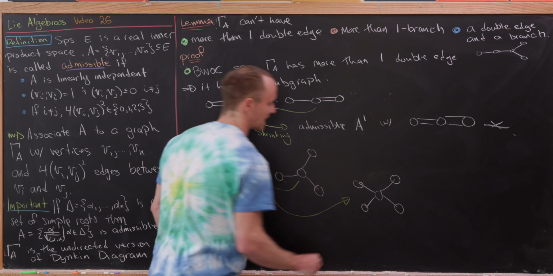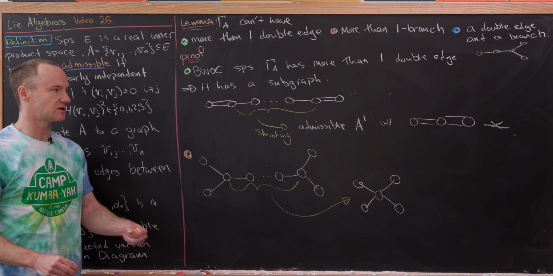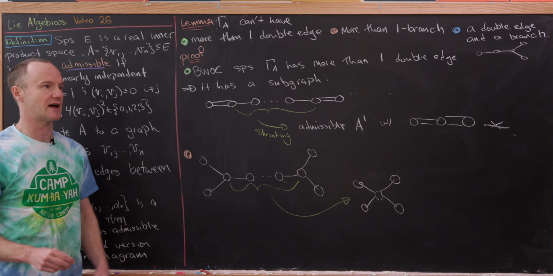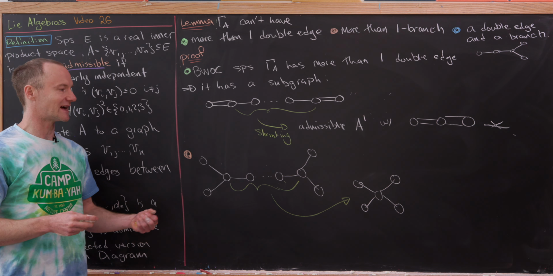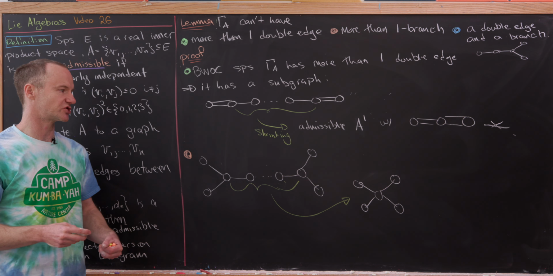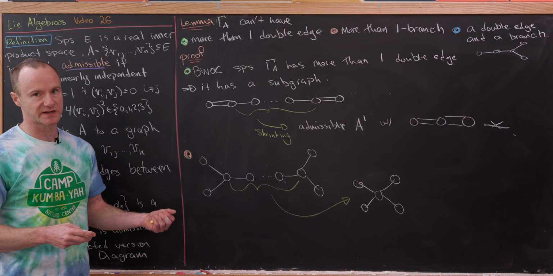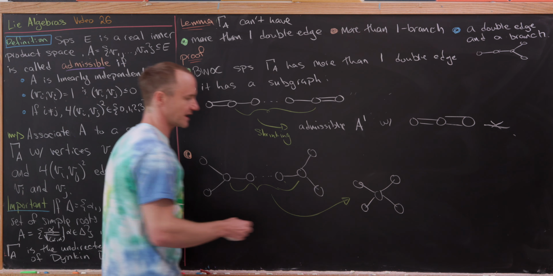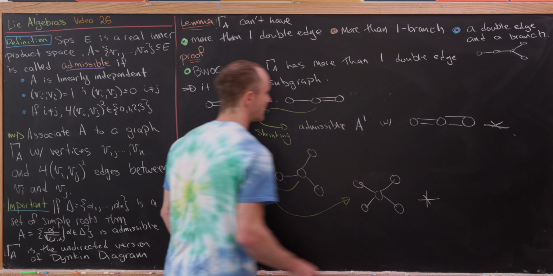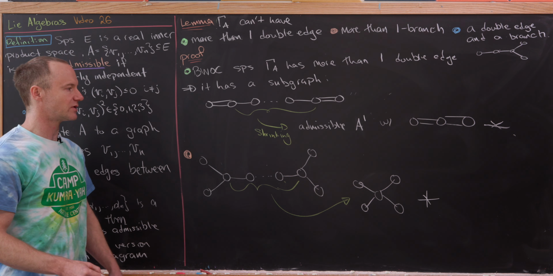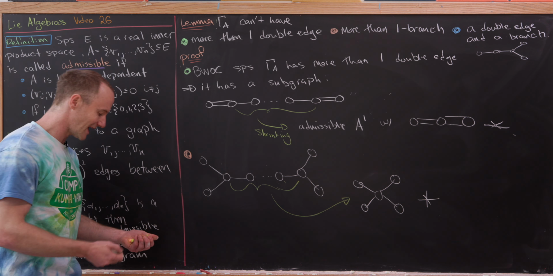So we've got that kind of picture right here, and that's associated to an admissible set that we've constructed. But again, that's a contradiction, because that middle vertex is connected to four edges again. Okay, cool. And then the case when we've got a double edge and a branch, well, again, that's